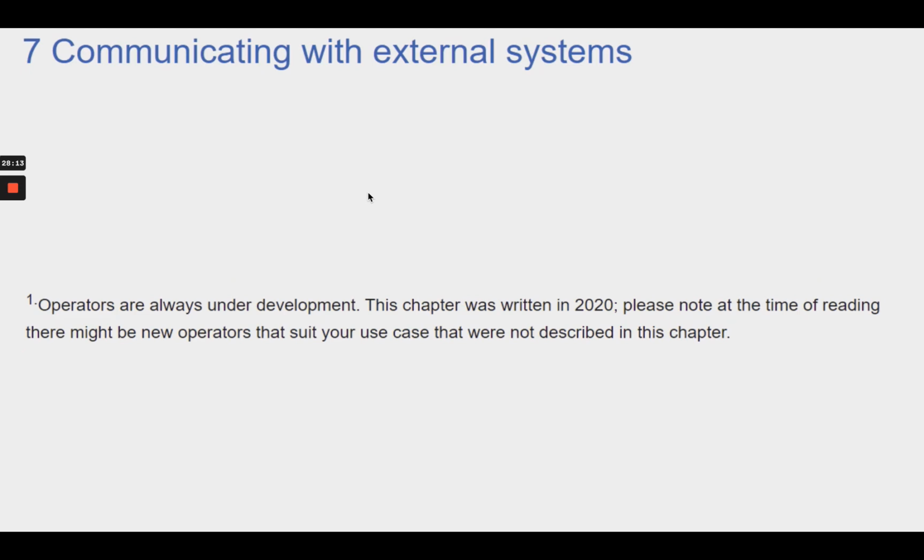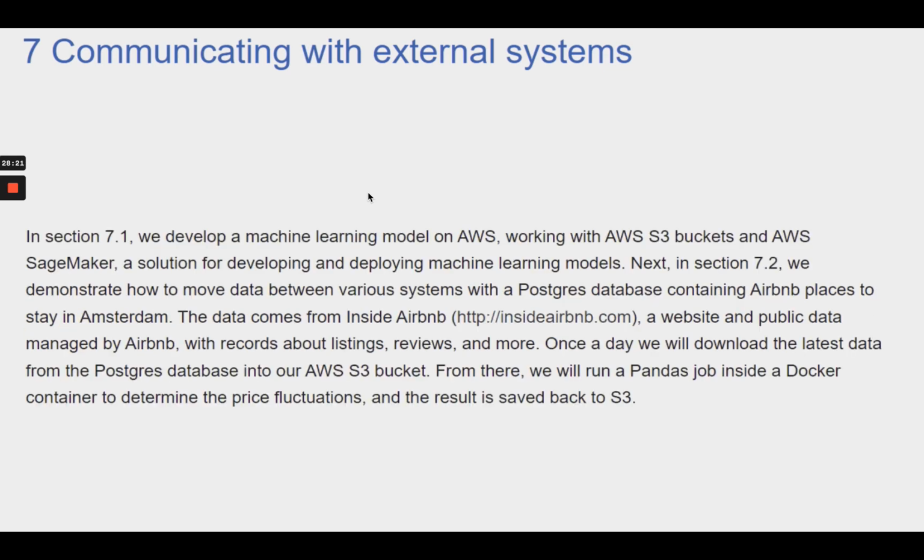Footnote 1. Operators are always under development. This chapter was written in 2020. Please note at the time of reading there might be new operators that suit your use case that were not described in this chapter. In section 7.1, we develop a machine learning model on AWS,